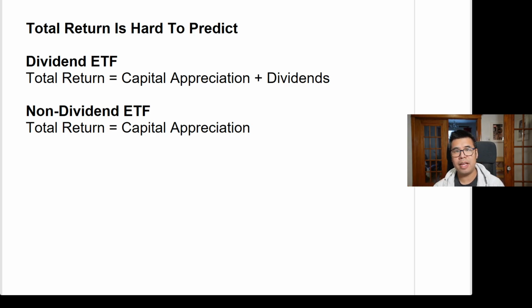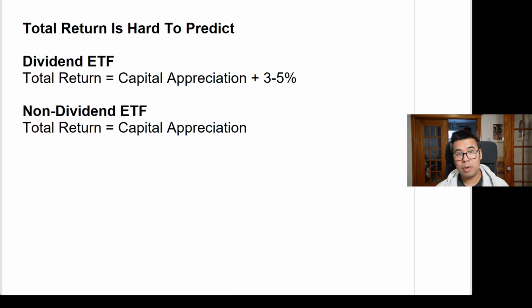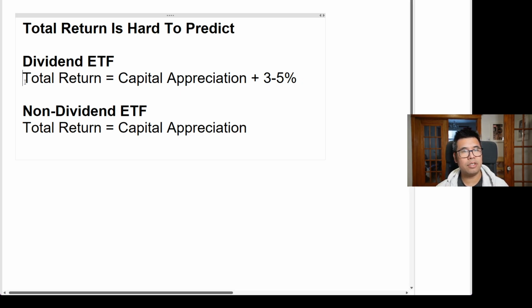For example, they think that they can, for the longest time, have a strategy that returns them around 3 to 5%. And that's definitely possible. I've definitely seen portfolios like that and a strategy that can keep a stable dividend income. But if you look at the formula, we know total return is hard to predict. It has to be. For this to be true, that means capital appreciation has to be the unpredictable component, right? You can't have stable component plus stable component equals something that is hard to predict unless you think total return